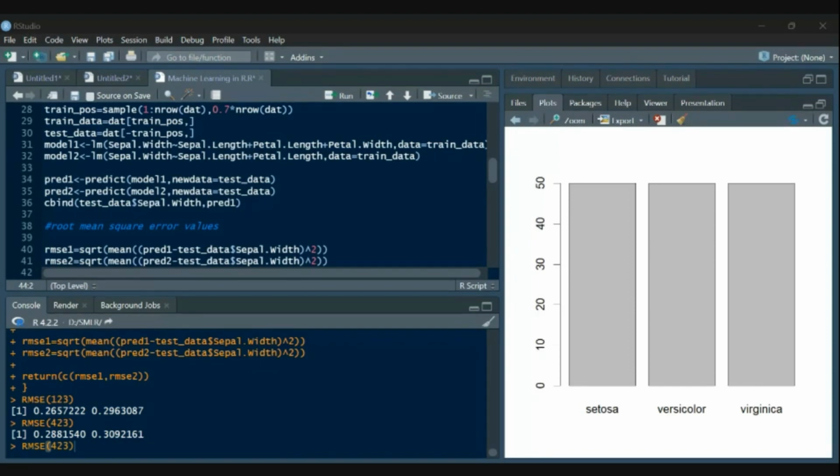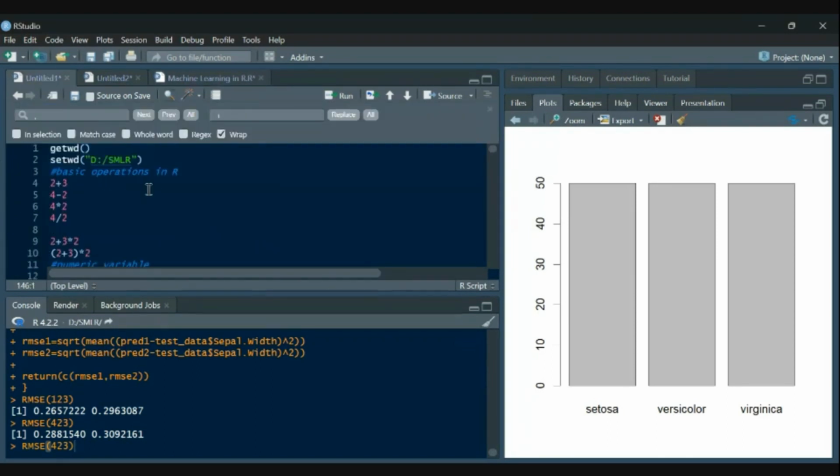Okay, so we'll go with just a quick revision of whatever we have discussed today. So we first learned about setting the working directory. It was supposed to be the first, but yes, now I can say that it is the first thing to do. So set the working directory, and I hope most of the participants would have done this. Simply write down the path wherever you want to save your programs, and keep the path in double inverted commas.